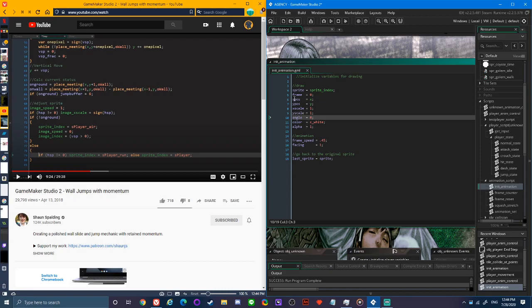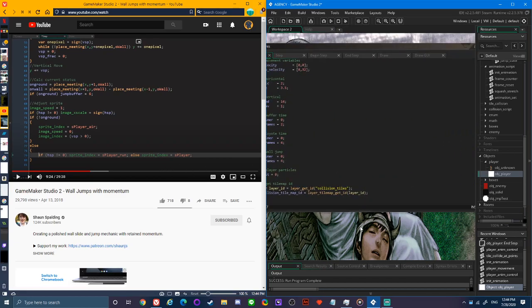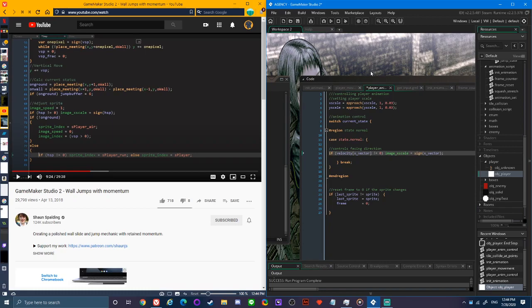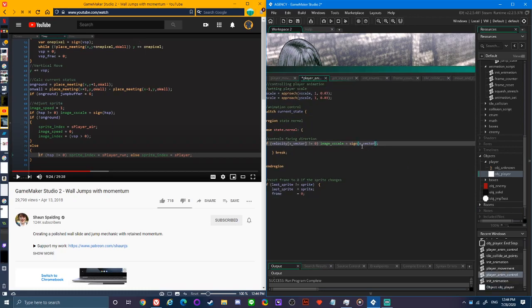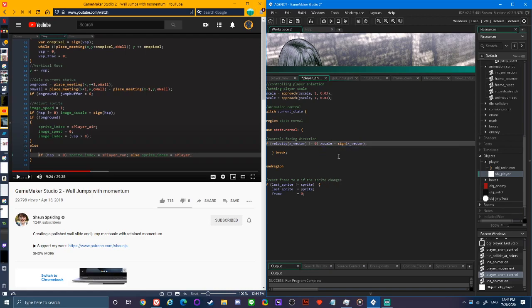Not image X scale, it's just X scale. X scale is equal to